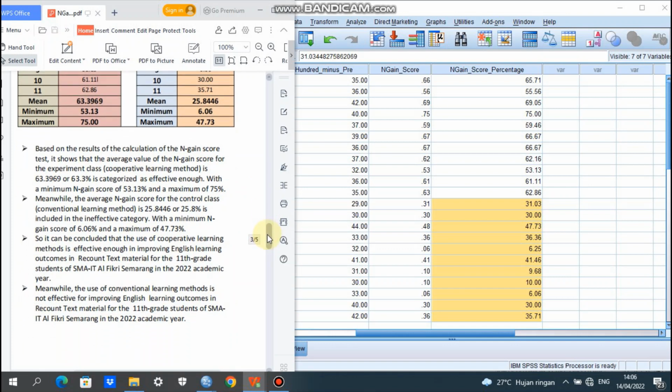Okay, so based on the result of the calculations of N-gain score test, it shows that the average value of the N-gain score for experimental class, cooperative learning model, is 63.3969 or 63.3%, categorized as effective enough, with a minimum N-gain score of 53.13% and a maximum of 75%.